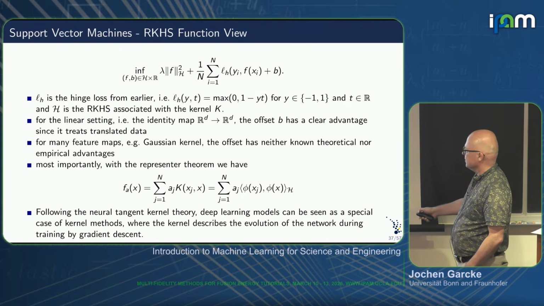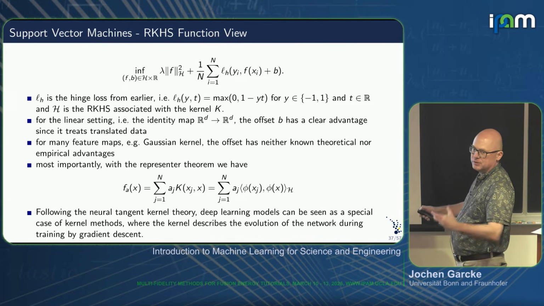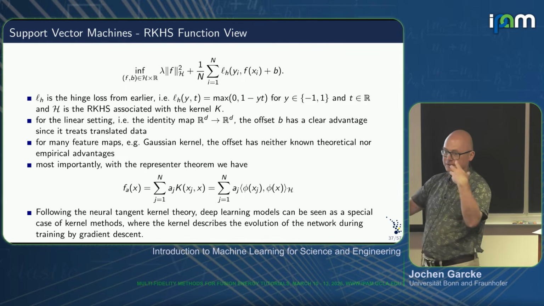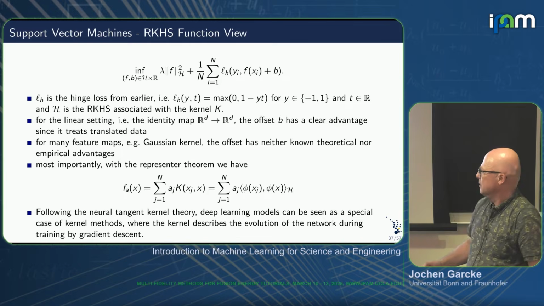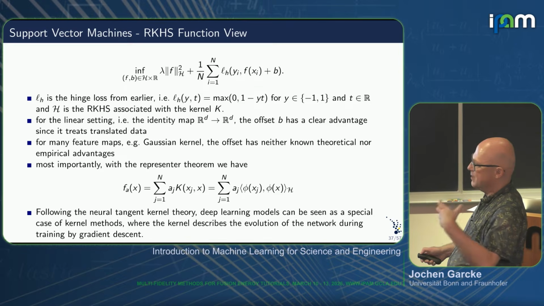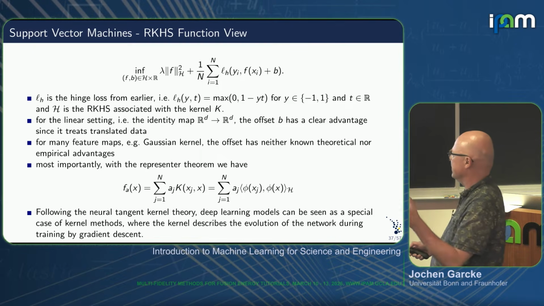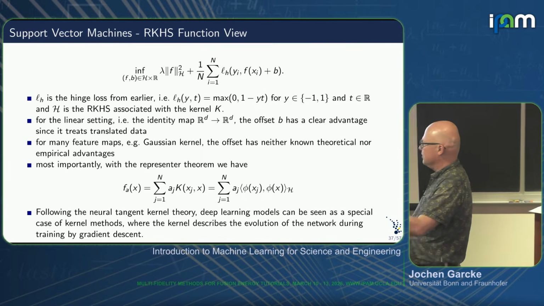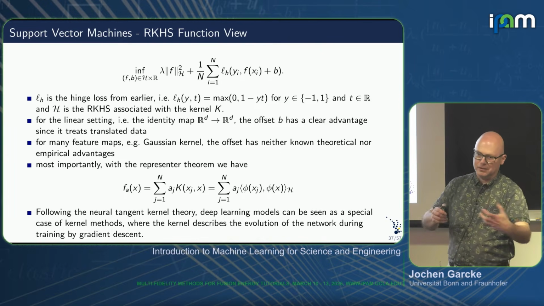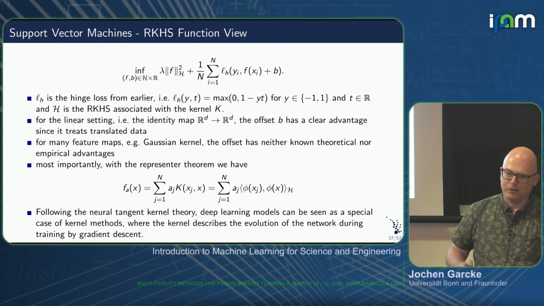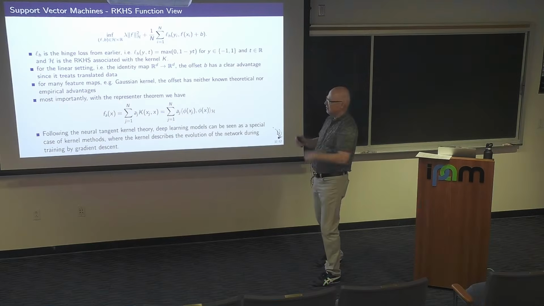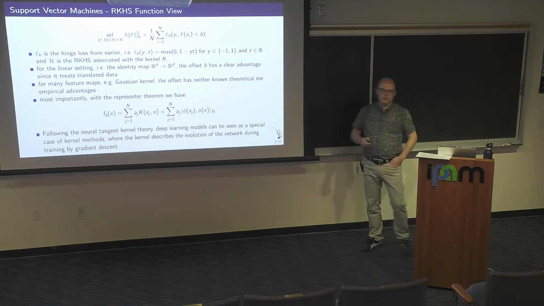And what I'm after is that a lot has to do with similarities. So scalar products, as soon as I have a scalar product, I can do something. In some way, there is always a scalar product under the hood. For example, if you look at deep learning models, there's a theory or view of neural tangent kernels, which roughly says that the evolution of the kernel of the neural networks during training can be interpreted as a kernel in a certain sense. So even there, this kernel scalar product view plays a role.